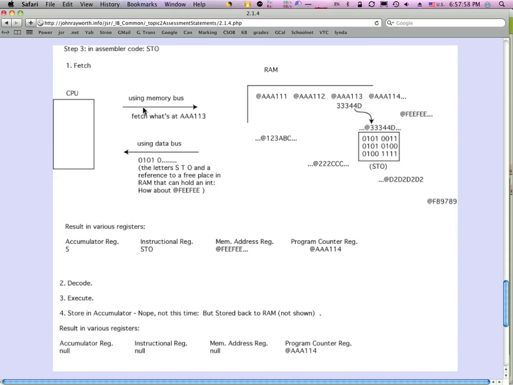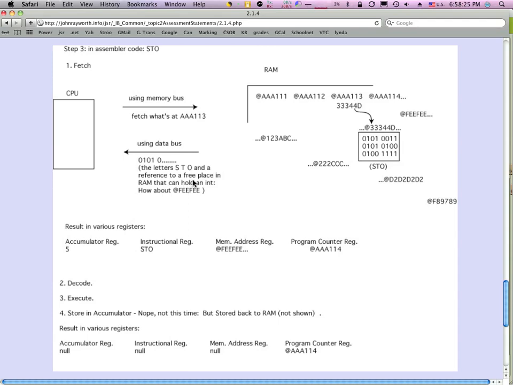We fetch, we send the request, and using the address bus, using the memory bus, we fetch what's there at that memory address, and what is there is simply STO and nothing else. So that is sent back